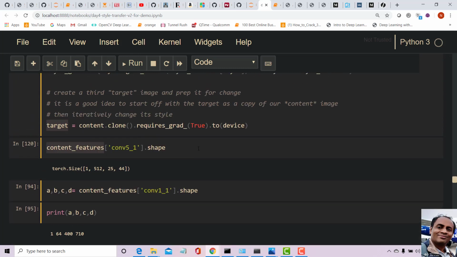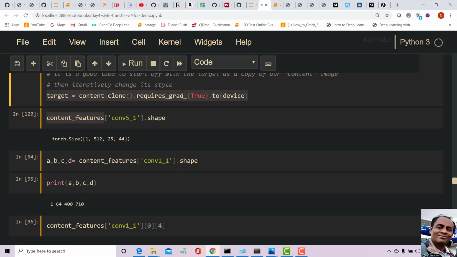We made requires_grad true for only one thing, that is the target image. The target image doesn't have a network, it is just the image pixel values, and we made requires_grad of that true. That means every time I do the loss dot backward, these values are going to change.